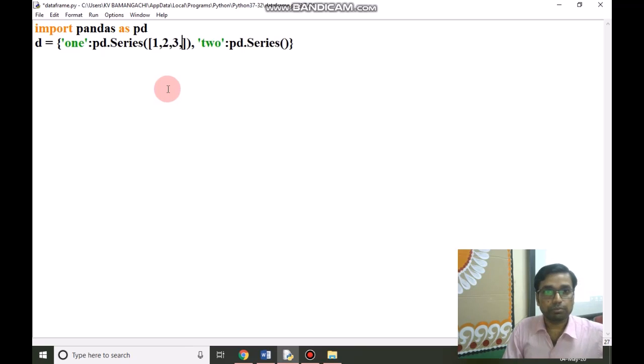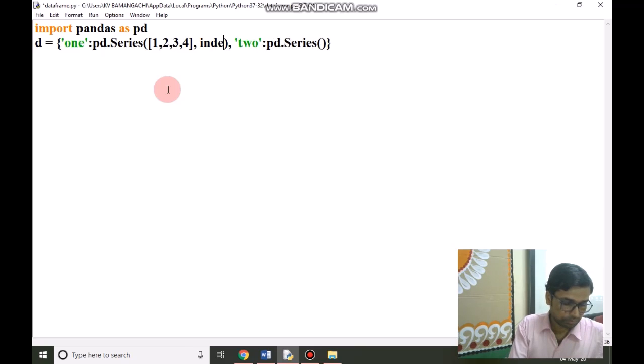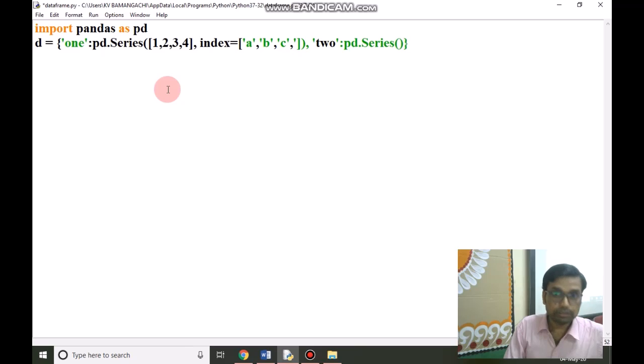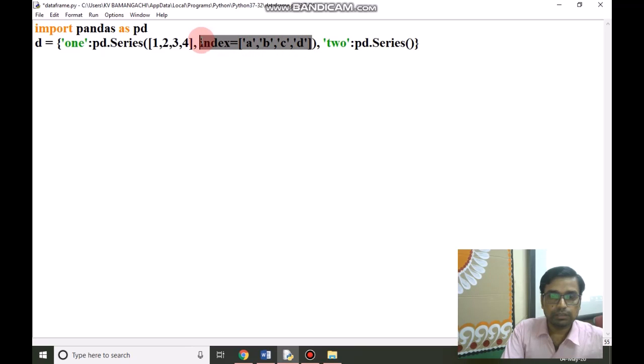In the Series function we will give some data 1, 2, 3, 4, and you can also give here index equal to A, B, C, D, because there are 4 values, so you have given 4 indexes, and the same index will be given in this Series function.